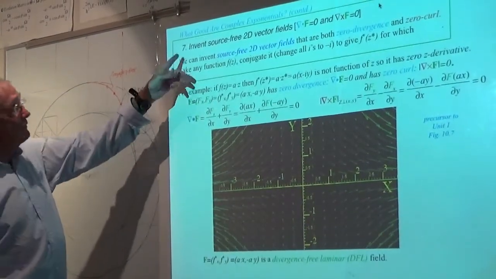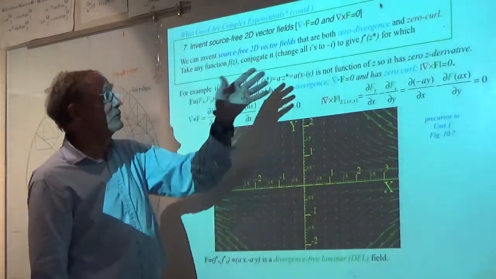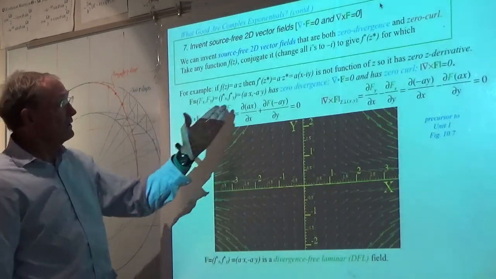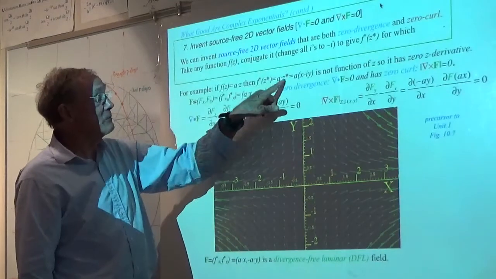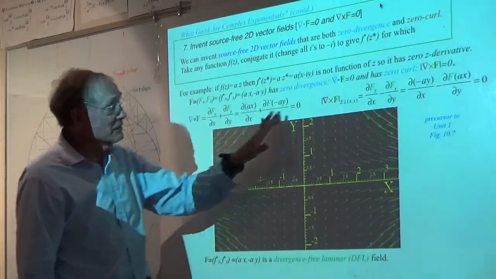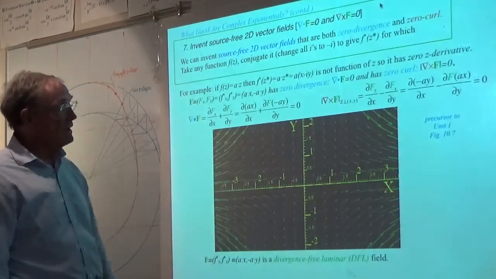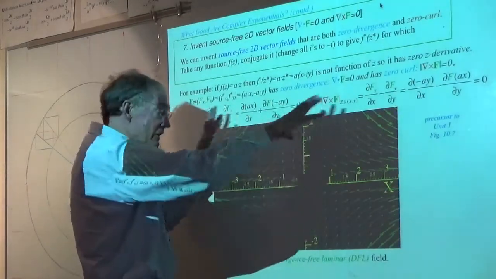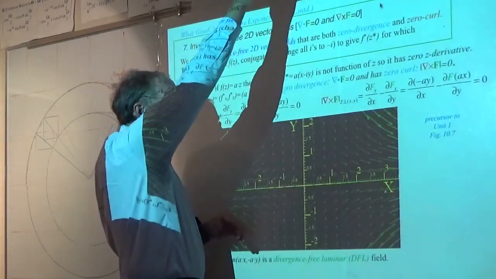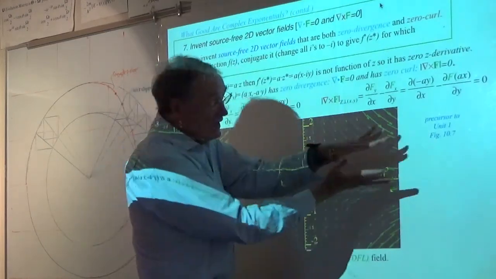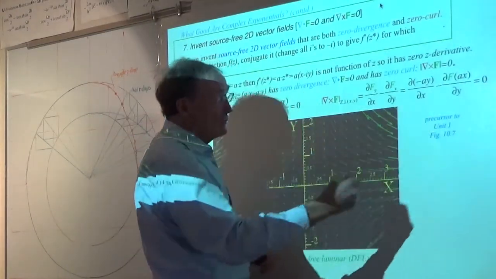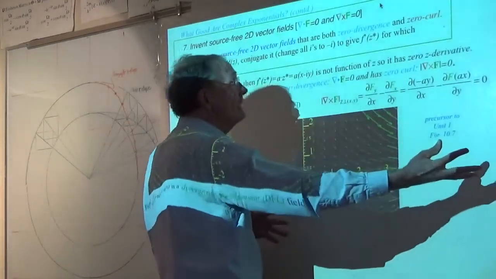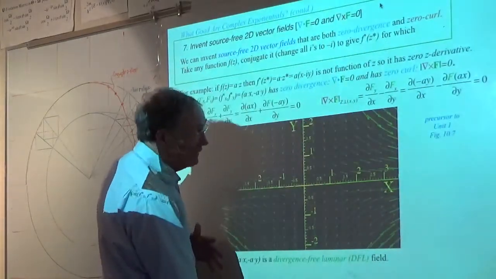Okay, so just to review: invent source field vector fields. Just pick any function you can think of, z, conjugate it, and then build a field out of it using the z star that you got from conjugation. And you will automatically have, everywhere, no divergence, that is, no sources in the neighborhood. Now there's got to be a source somewhere way up north here. There's got to be a sink, say negative charge if we're talking about electric fields, but if we're talking about hydrodynamics, there would be a drain over here, a source up here, and a source down here, and a drain down here.